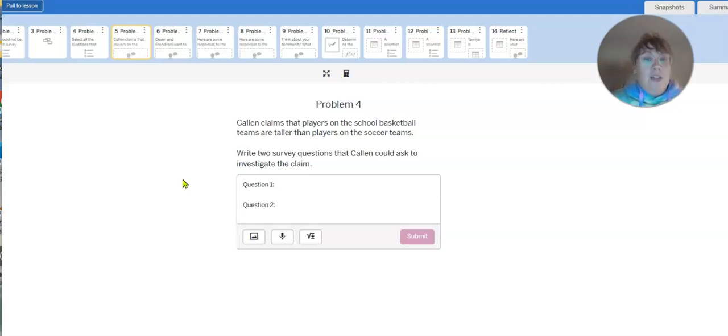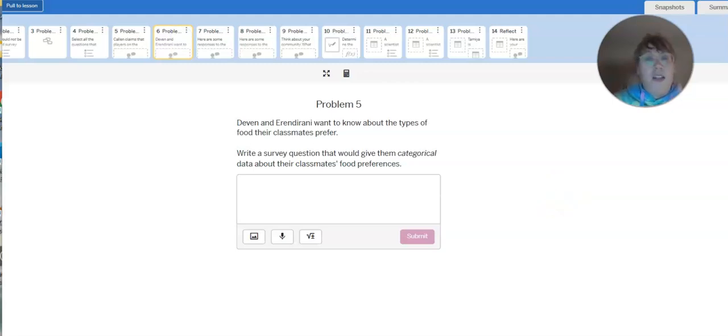Carleen claims that players on the school basketball team are taller than players on the soccer team. So write 2 survey questions that Carleen could ask to investigate this claim. So what are the 2 questions that Carleen could ask? Could be quantitative or categorical, that can figure out who is taller, whether you're on the basketball or soccer team, and what that height is. So you're going to think about those 2 questions and what you could ask, and then push ahead to the next slide,